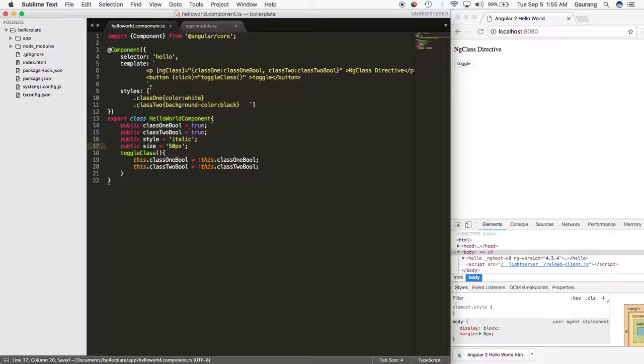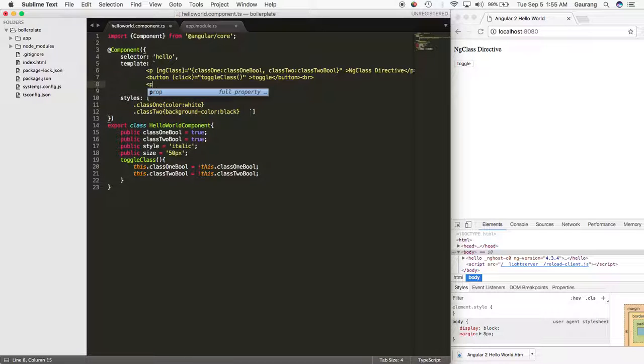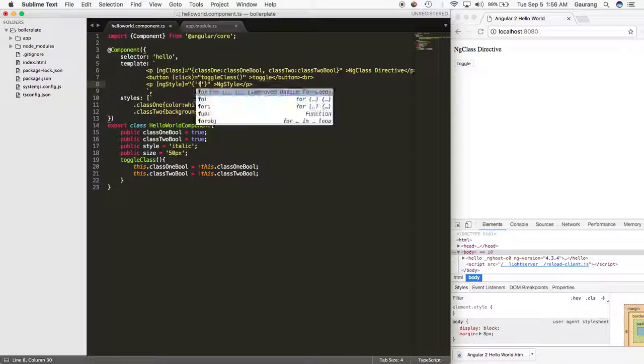Over here you can see there's a style called italic and size. Now we are going to see how ngStyle is written. I'll put a br tag over here, move on, and write a p, a paragraph. I'll say ngStyle directive inside square brackets, which is going to have a binding expression. Now over here I'll say what property I need to apply, and it's going to be font-style,